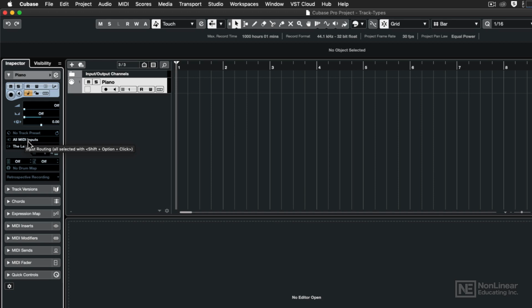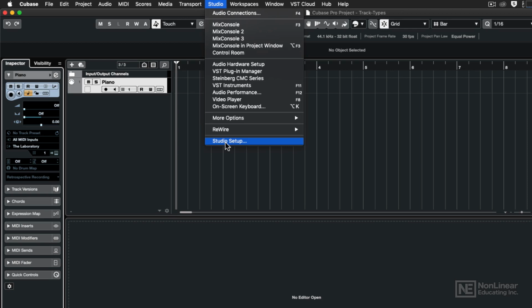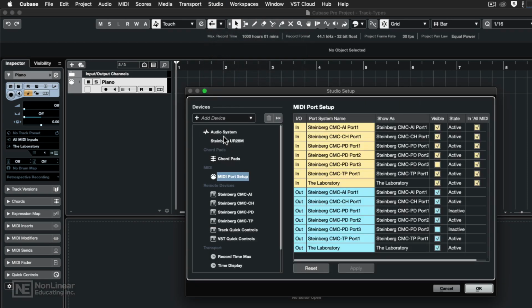So if you had two different controllers, like two different keyboards or one keyboard and a pad controller, then this MIDI track will be able to receive from both of those. But you can configure which controllers adhere to the all MIDI inputs category by going to the Studio menu, and the very bottom here is Studio Setup, and then make sure that you find MIDI port setup on the left-hand side. And over here, I can see all of my MIDI devices that I have plugged into the computer, but